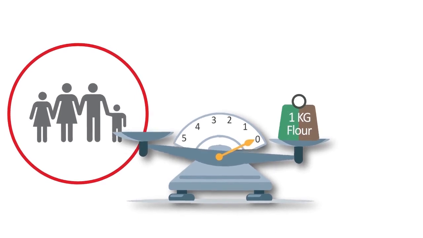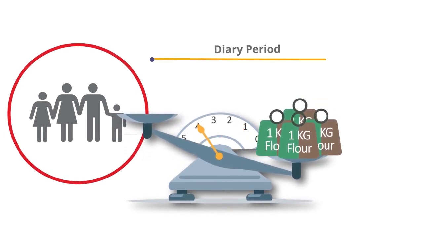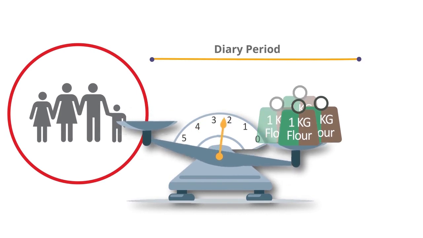In order to use a diary to collect data, we have to collect both the opening and closing stock as well as the purchases that the household makes between these 2 points in time. For example, if a household has 1 kilogram of flour at the start, purchases 3 kilograms during the diary period, and then has 2 kilograms at the end, it would not be the 3 kilograms that they purchased that they would consume, but rather only 2 kilograms. We must adjust for the stocks.